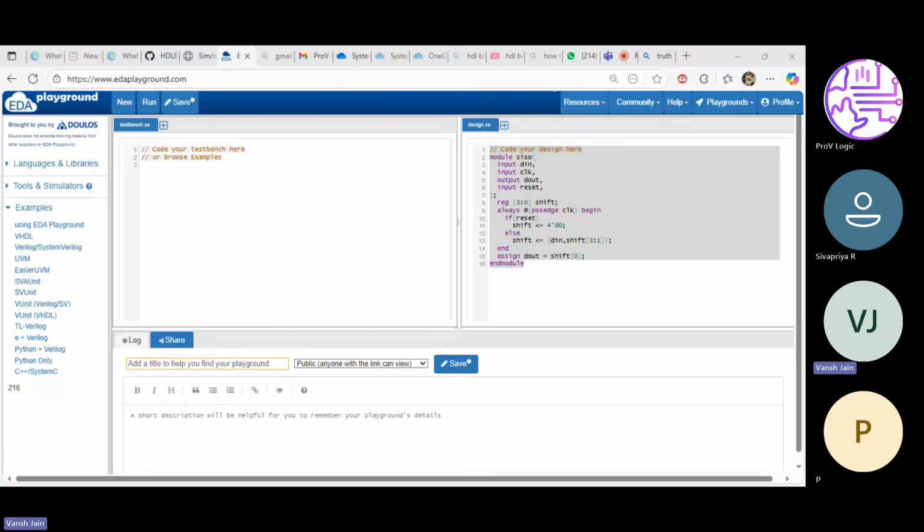It is coming like this. Yeah, but your screen is not visible. Like still, it is... EDA Playground. Okay, one second.